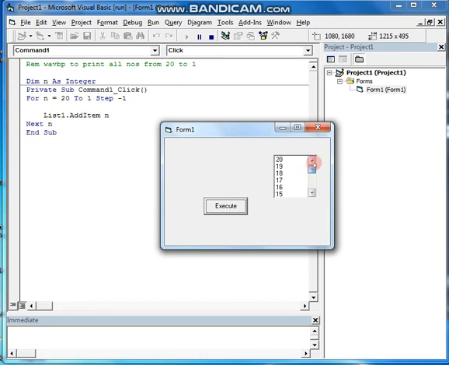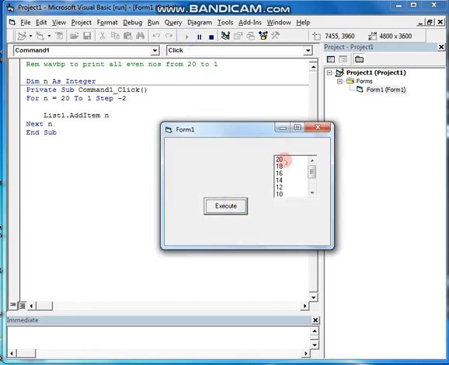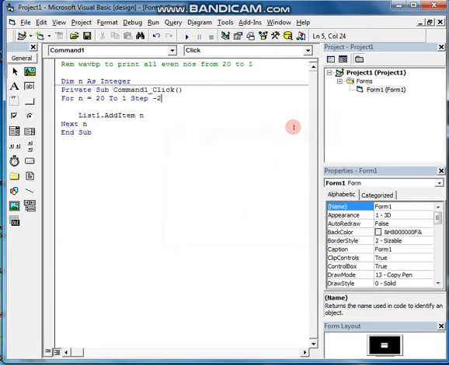20 to 1, all the numbers are getting printed. Clear now, students, how the reverse can be printed? You understood. Now suppose I put -2 here. My motto is to print all even numbers. Okay, let's do -2 and check. Yes, see, all the even numbers are getting printed. Understood, students? So this is how the even numbers can also be printed.